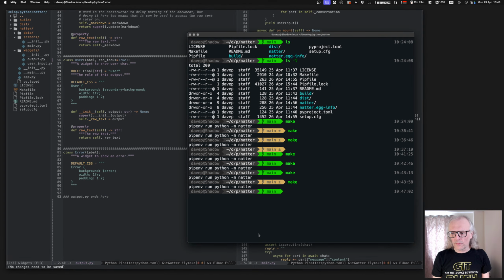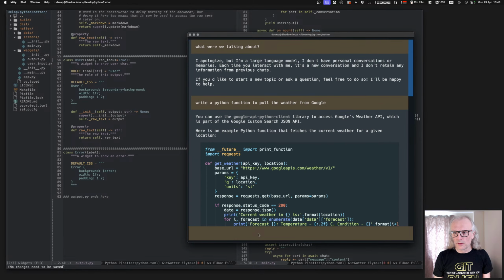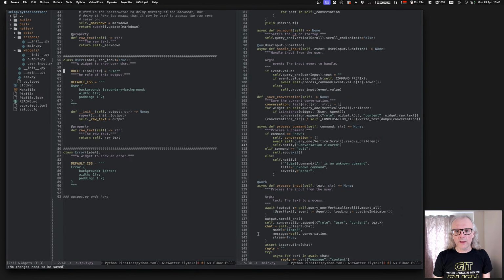I'm going to need to do some style changes, because now the focus is, you can't see it, but the focus is going in there. So what I'm thinking is,